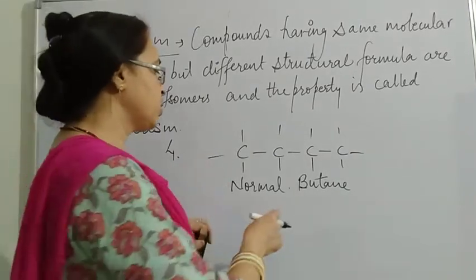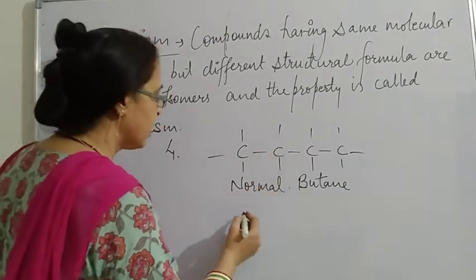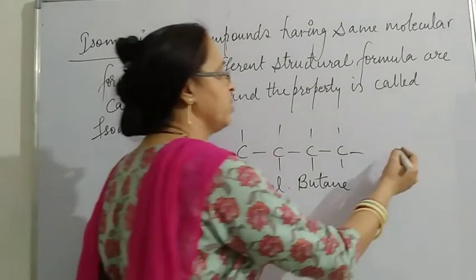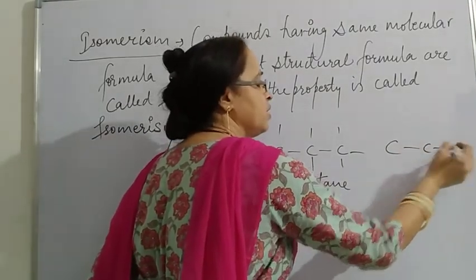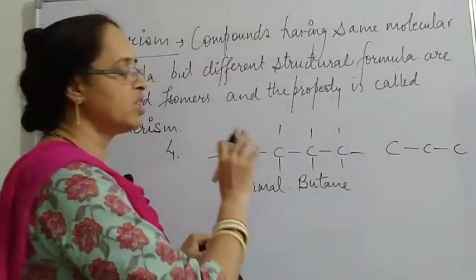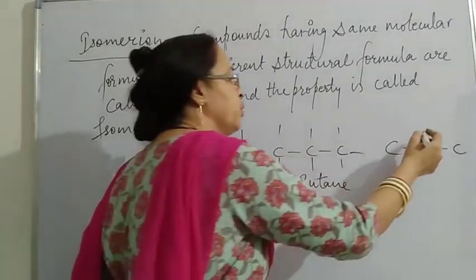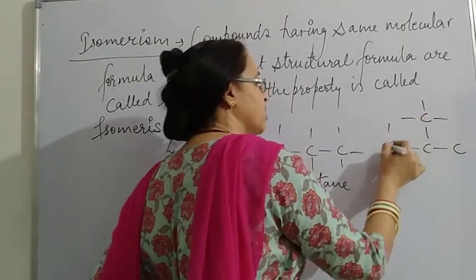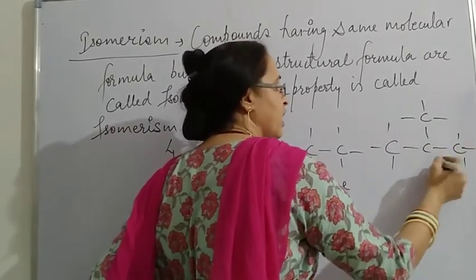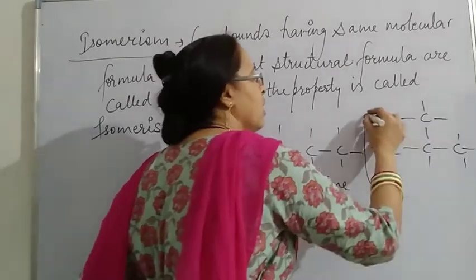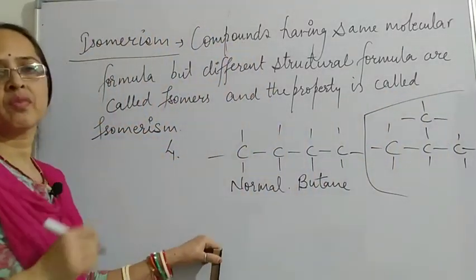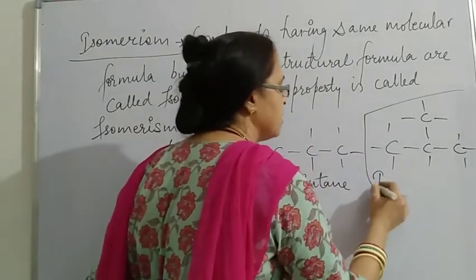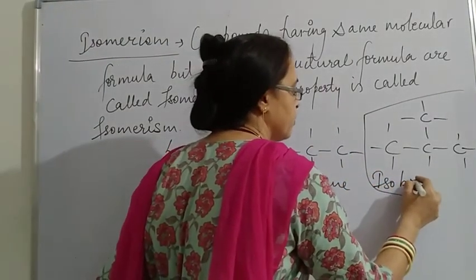So now here you can see this is the first structure. Now for the second you can take this carbon. I'll draw here 1, 2 and 3, because over here we have written 3, then 1 carbon is present in branching with the other carbon, and now in this case we have the isomer. So this is normal butane. This comes to be known as isobutane.